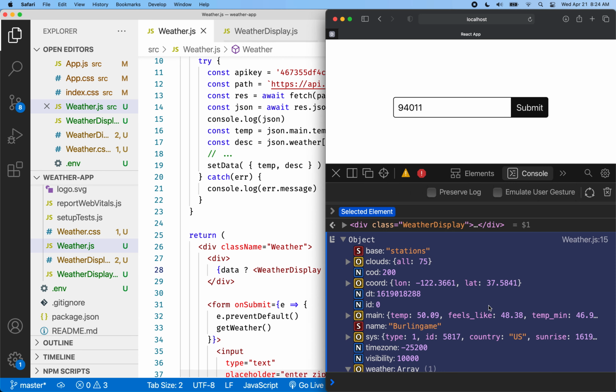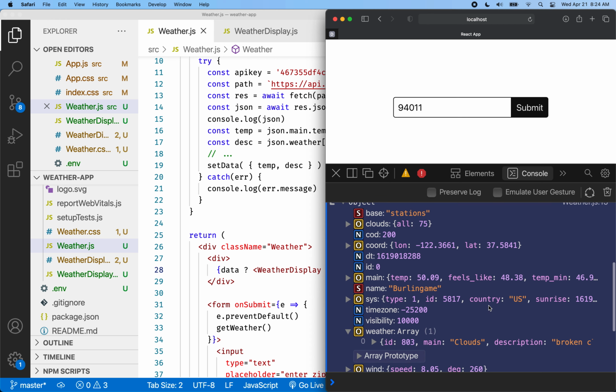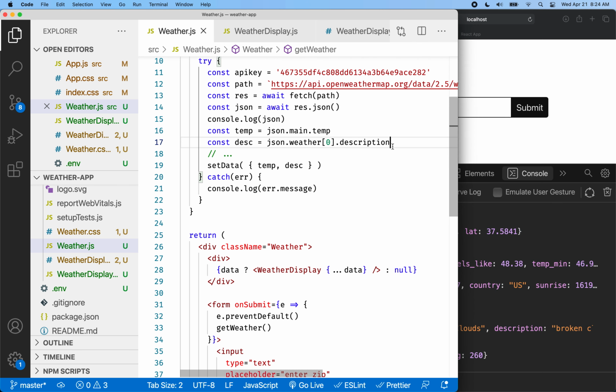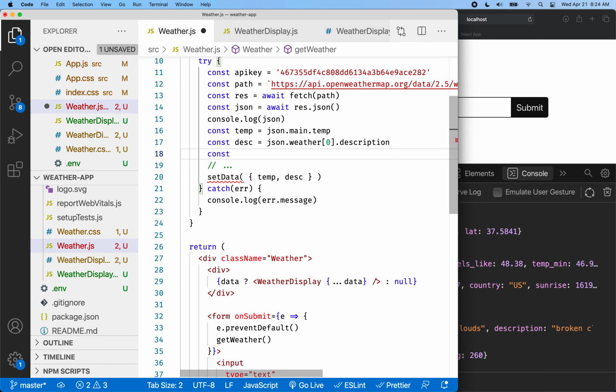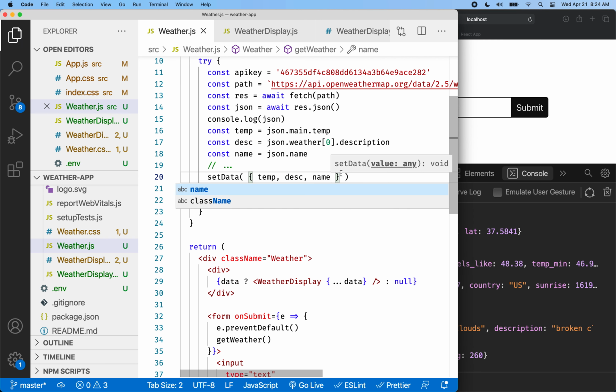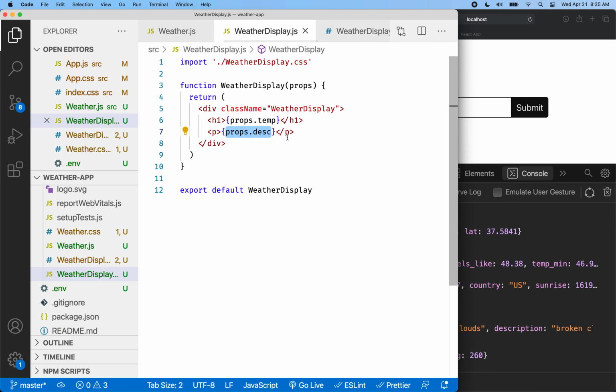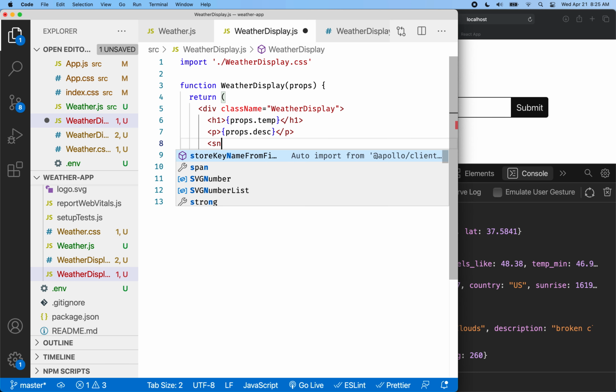You know, so for example, if I wanted to get the name right here, I could say, why don't we do const name equals JSON.name, and then I can add name right here, and now I'll have a name down here, right? It's a little complicated, but if we have the name here, then now when we go into weather display, we could add a name over here. So maybe I'll add a small tag,